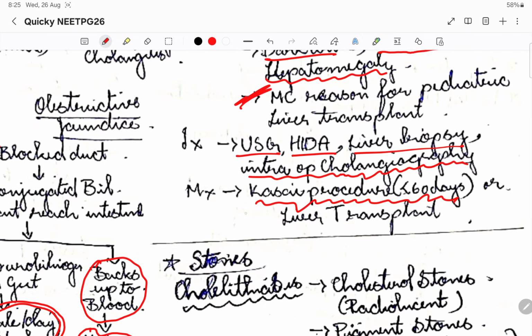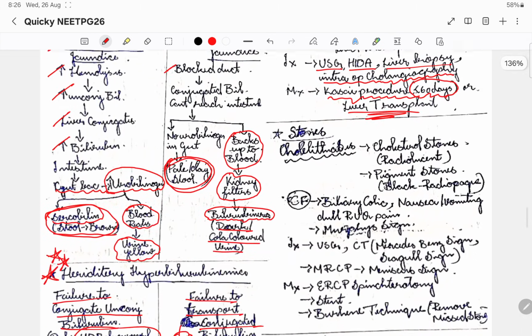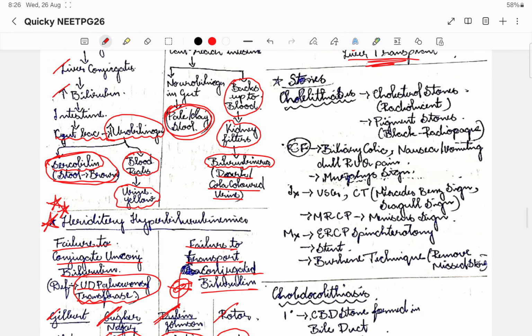Okay, this is if within less than 60 days we are going to do an intervention, this is going to be the Kasai procedure that we do, or else we are going to go for, I told you, right, liver transplant, the most common reason. Okay, then coming to stones is very important, right, with respect to gallbladder stones and the